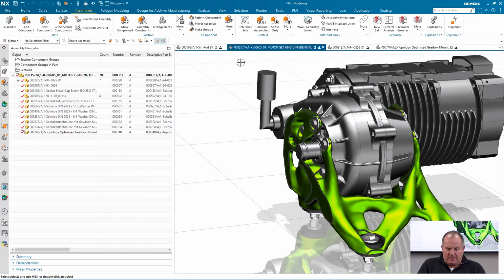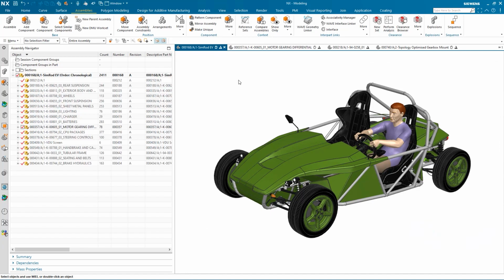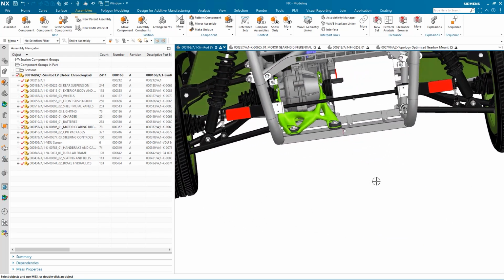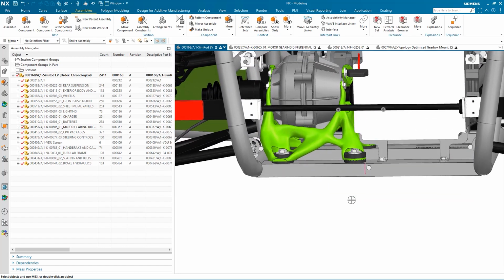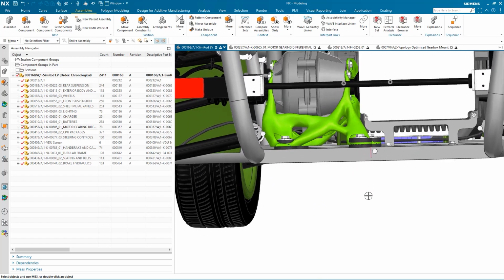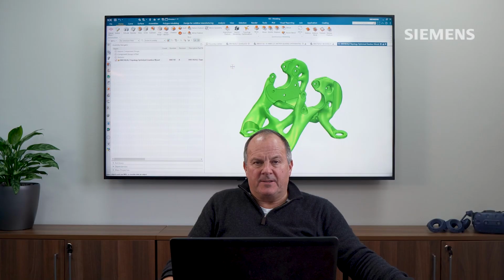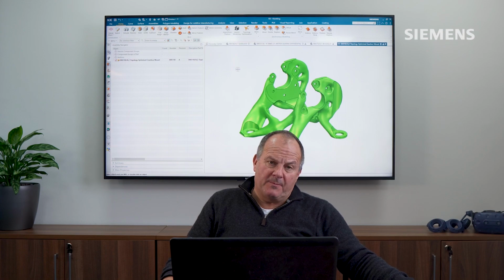If we take a look at the top level, again, let's just take a look inside. You can see that our new bracket fits nicely within the overall assembly. I've completed my tasks. I've done the topology optimization study. I've then done some modification to the result, adding some NX features, adding some PMI, and now I'm going to hand it over to my colleague Ashley, who's going to check to make sure that it's 3D printable.